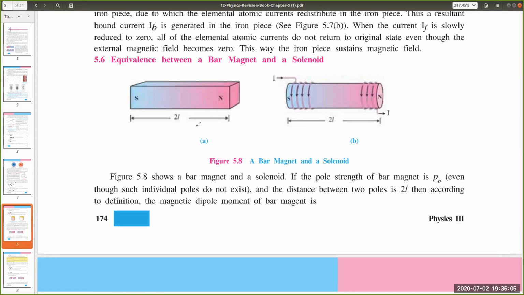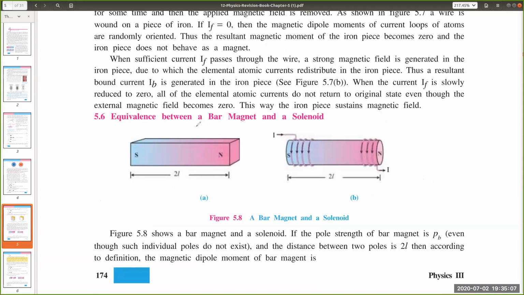One last question out of curiosity. If it can cancel out the magnetic field, does a magnet remain a magnet after you remove it? Yeah, that's why this bar magnet is a permanent magnet. So it retains its magnetic properties.